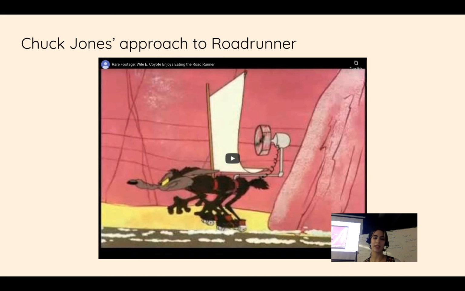He gets this sail thing from Acme Corporation and thinks that it's going to help him run real fast and catch the Roadrunner. But instead, the curve shows up in a road, and when the Roadrunner is able to deftly round that corner, he just flies right off the edge and into a wall. And so that's an example of a